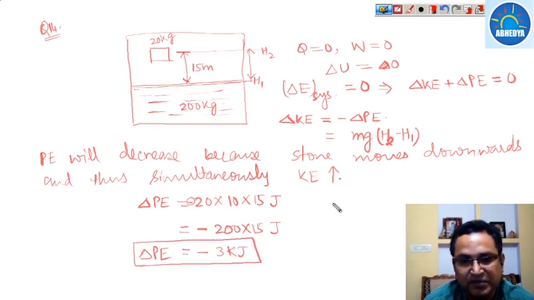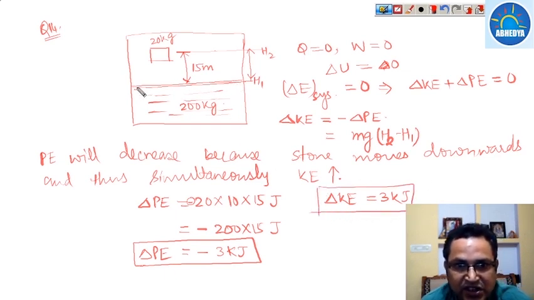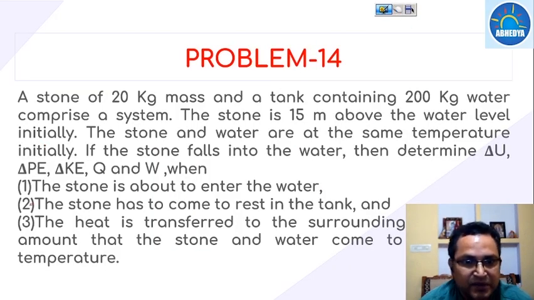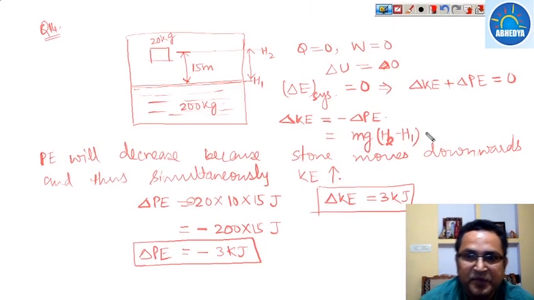So what is the change in kinetic energy? So change in kinetic energy will be 3 kilojoule. So this much kinetic energy will increase when it just reaches the surface of the water. Okay, so when the stone is about to enter the water, then kinetic energy is 3 kilojoule, potential energy is minus 3 kilojoule, Q and W will be 0. When the stone has to come to rest in the tank, now again